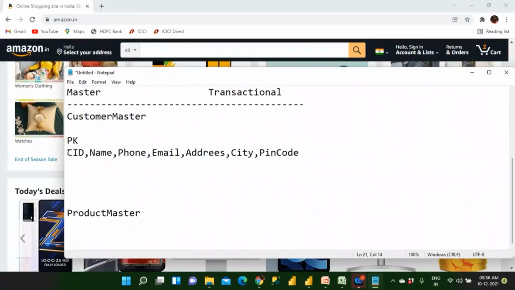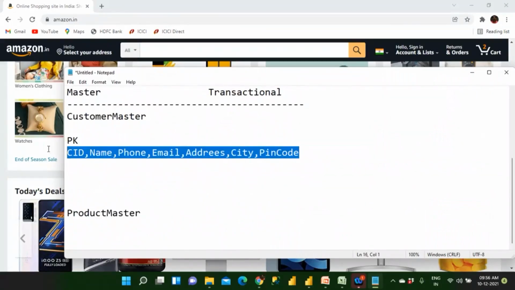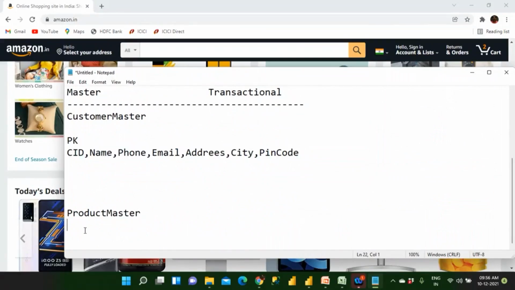What could be the column names? The column names are similar to this, but not the customer ID. You will have a product ID. So let me make it product ID,